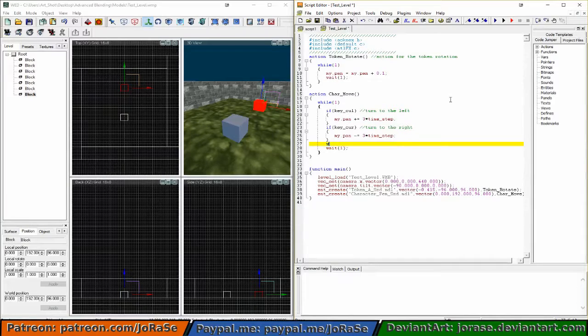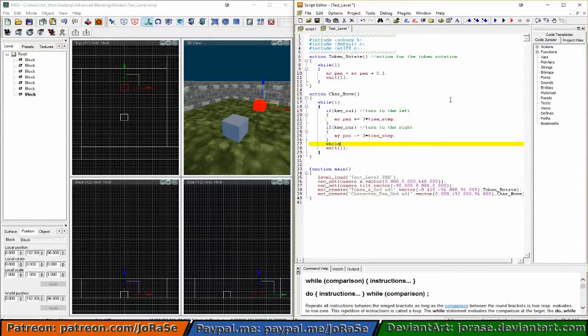So while key underscore CUU for the up cursor key,